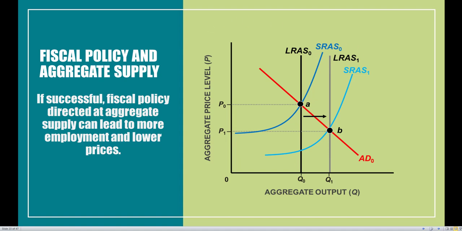But once again, we typically don't shift the LRAS curve all too often unless we are explicitly told to do so. We are going to be a little bit more concerned with the short-run fluctuations. So the vast majority of the time, whenever we talk about fiscal policy, whenever we introduce the shocks of changing government spending, changing taxes, or changing transfer payments, we typically are going to be affecting the aggregate demand curve instead. So here, once again, you just want to be a little bit more careful with whether we're targeting the aggregate demand curve or the long-run aggregate supply curve with supply-side fiscal policies, and we generally will be a little bit specific with all of this.